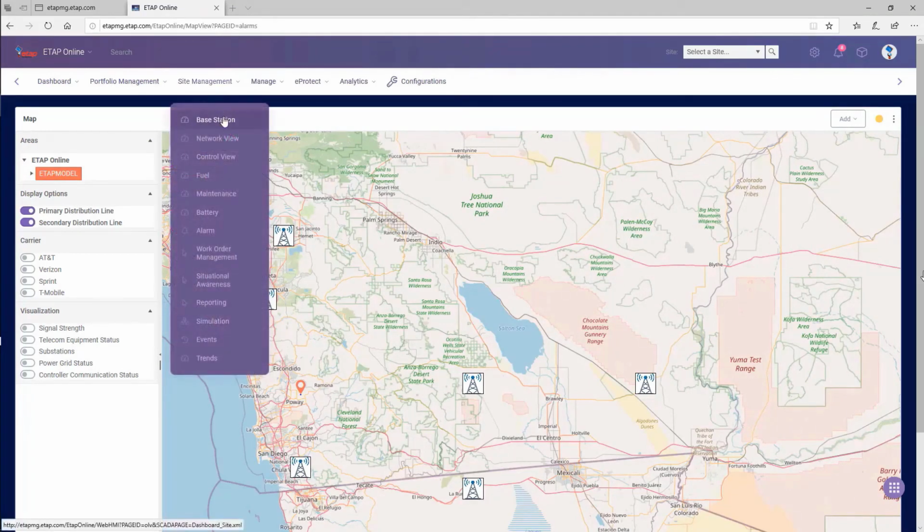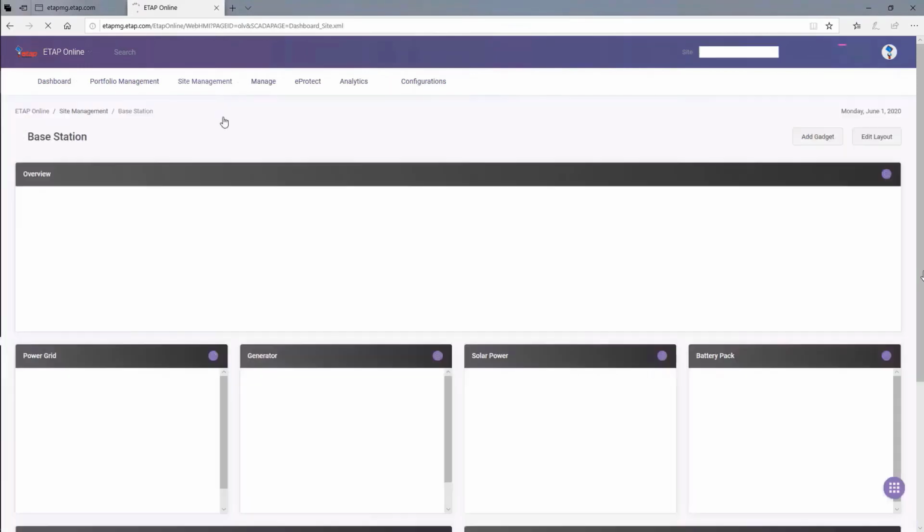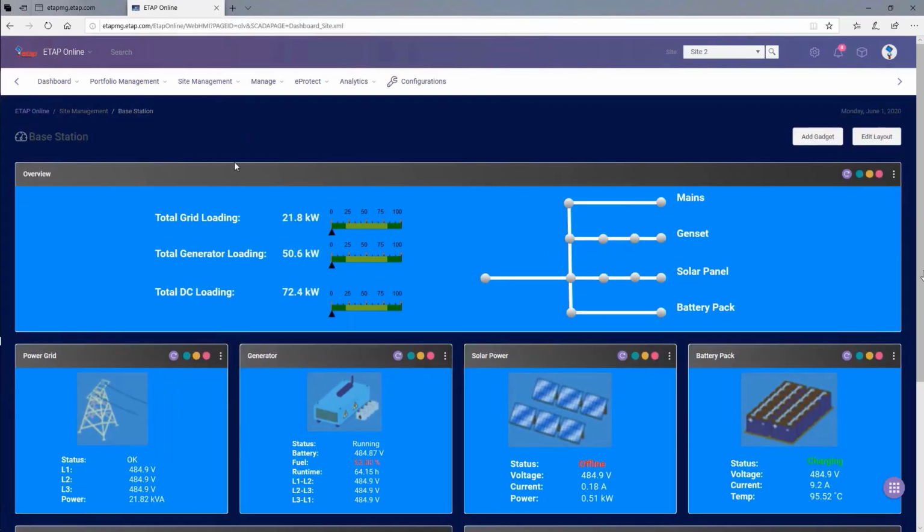Integration with DERMS using ETAP makes easier the operation and management of distribution systems. As shown in this example, users can add views for assets that impact the load shedding. In this example, we are looking at a system as part of the network that includes DERs that is interconnected in the network. In these views, the operators can monitor critical components such as transformers, voltage regulators, capacitors, and inverters. These views also improve coordination between DER dispatch and operating load.